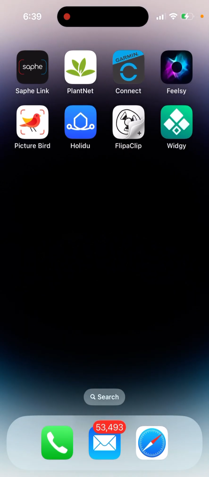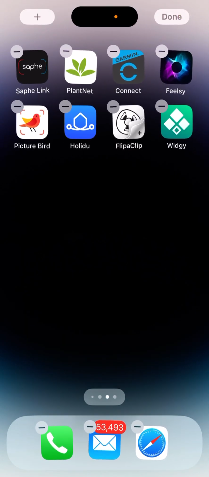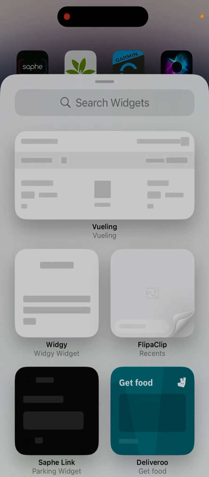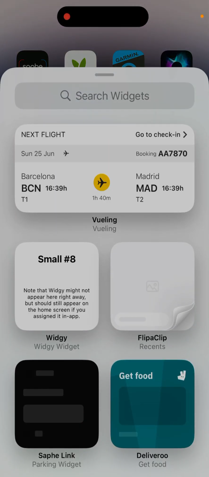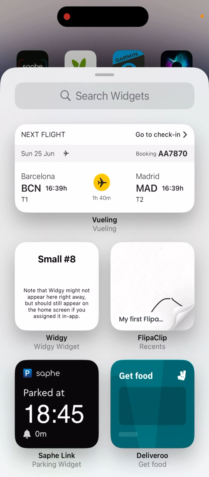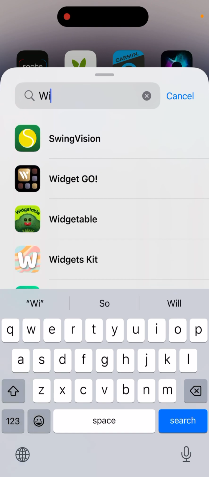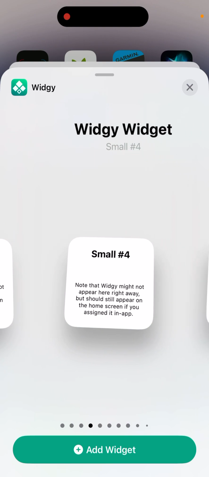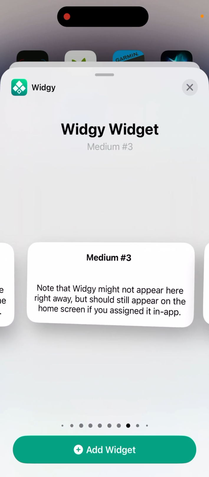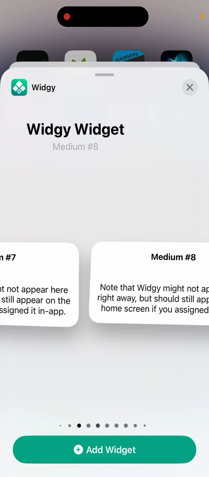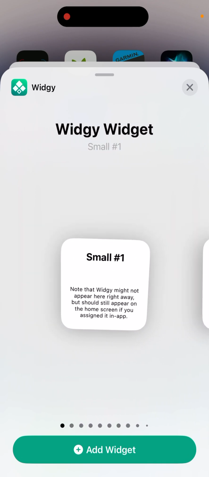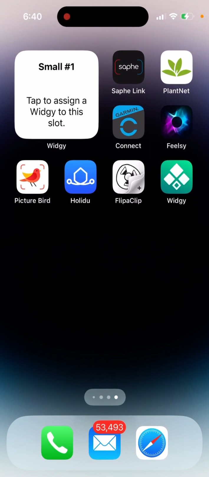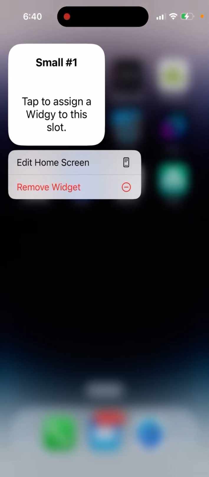And then how to install them. So I hope you can just, as you do with any other widgets, tap and hold, you will see apps jiggling. And then what you do is just search for widgets like Widgy. And then here you have small widgets, different types of widgets which you can find here. And then you can just tap Add Widget, and then yeah, you can just tap assign, and